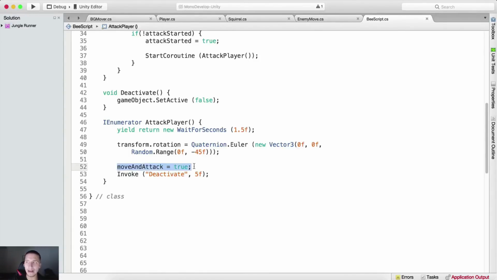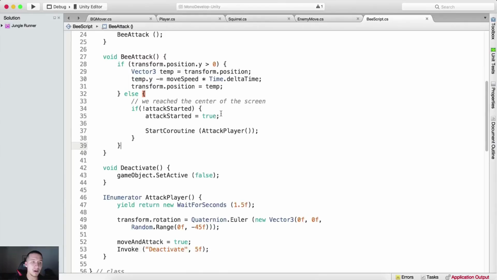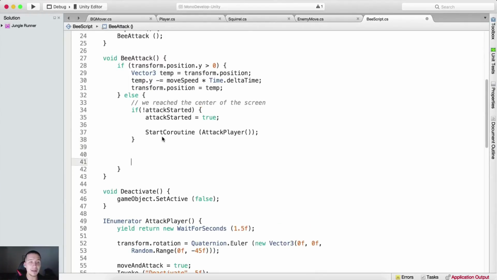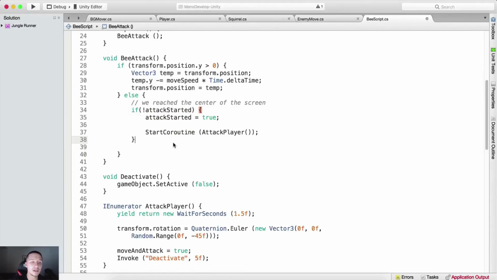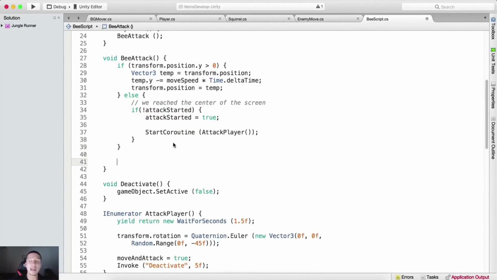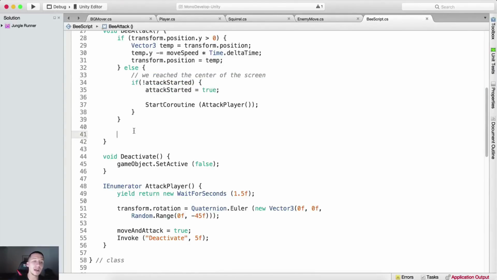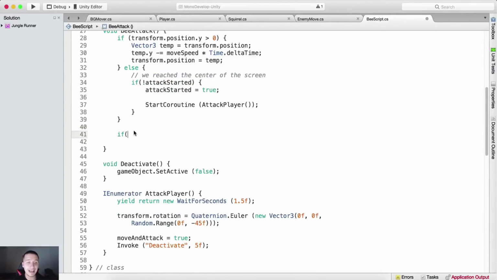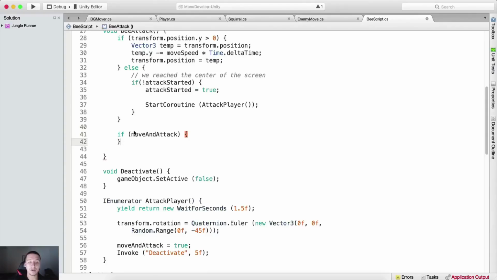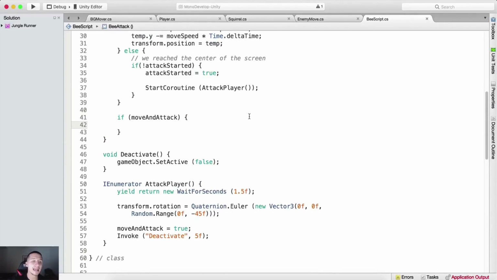Now, what about this move and attack? Well, this one is going to be called, excuse me, not inside the else statement, but outside of the if else statement. So let me just close this here, outside of the if else statement, because we don't need it to be inside of the else statement. Right here, we're going to say if move and attack. So if we can move and we can attack, what we want to do, if